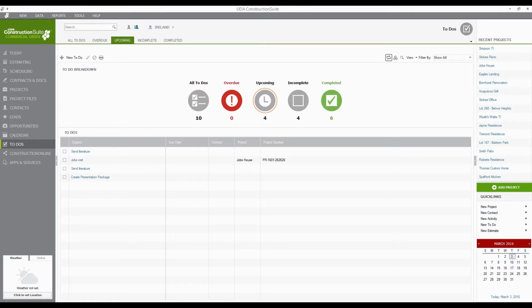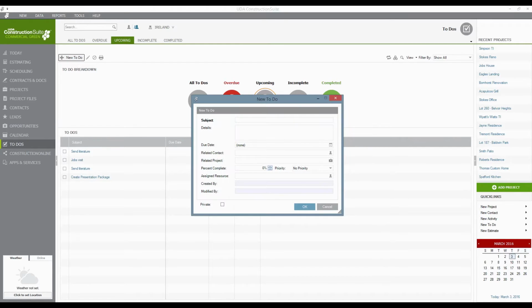So it could be something that I want to get done by the end of next week, for example, in which case you could just come up and create a new to-do, set a due date for the end of next week,